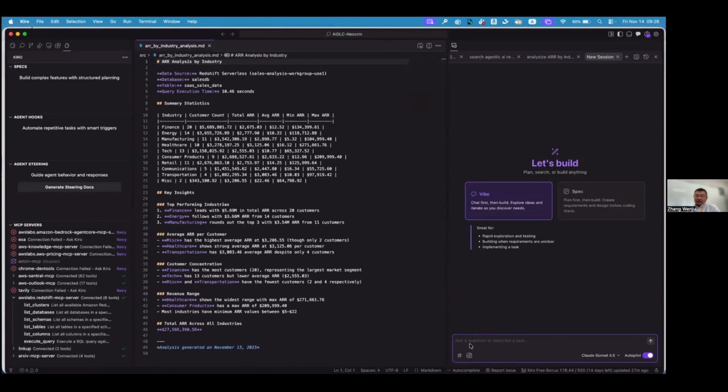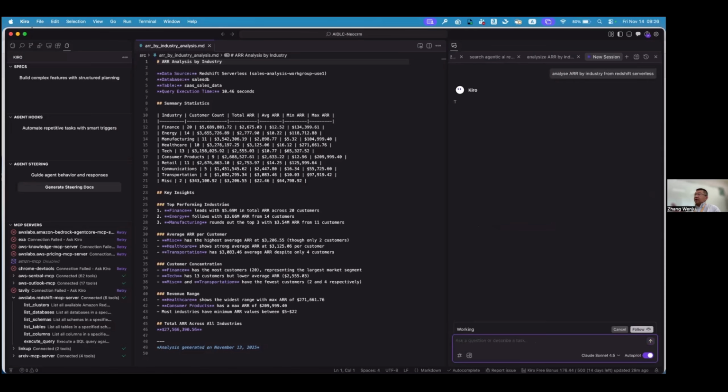Right now, I just input a sentence in natural language: analyze ARR by industry from Redshift. I need to tell the agent to find some data from Redshift Serverless. I just input one sentence.